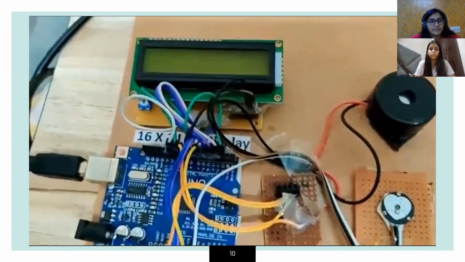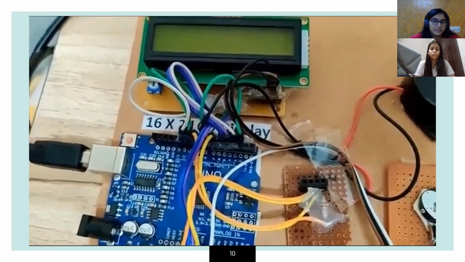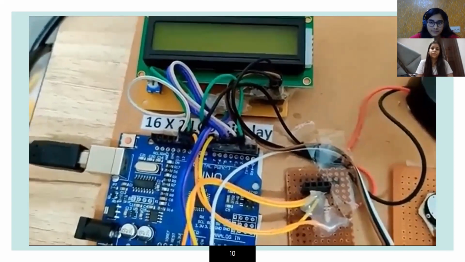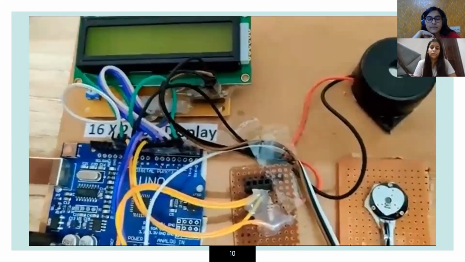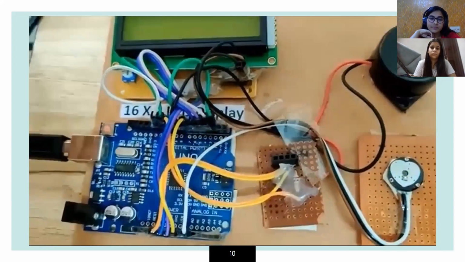Let's move to the LCD display. So to connect the LCD, we have connected the respective jumper wires to the Arduino board. This display is with 16 power and data pins. On the back of the LCD display, there is all the information about the 16 pins.